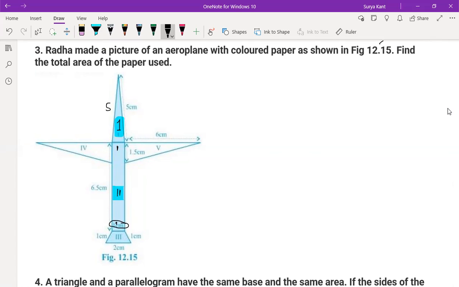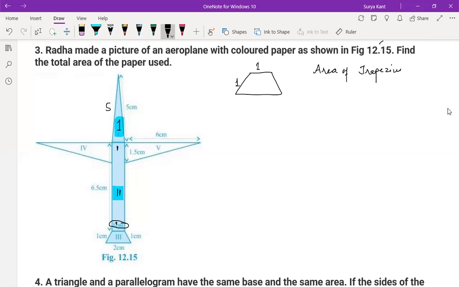So the third part, sir, first is Heron's formula, sir. Yes, 5, 5, 1. And second is rectangular. Yes, second is rectangular. Third one, see, the trapezium part. What is the area of a trapezium? Actually, you know what is the area of a trapezium? General formula. This is 1, this is 1. See, actually the general formula of a trapezium is, I'm writing here, area of trapezium.